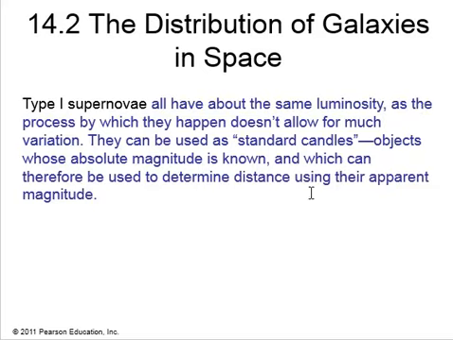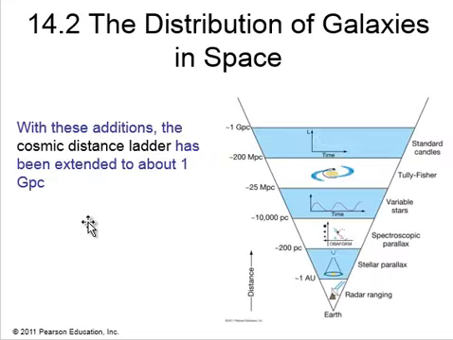Alright, and so here we are visiting this inverted triangle again that talks about all the different ways of measuring distance in space. If you recall back to the beginning of our class, we talked about radar ranging to help figure out distances within our solar system, or from the Earth towards the Sun. So radar ranging only gets you within about 1 astronomical unit. After that, we can use stellar parallax, which is good up to about 200 parsecs. We talked, when we discussed stars, about spectroscopic parallax, and that distance measurement can take us out about 10,000 parsecs